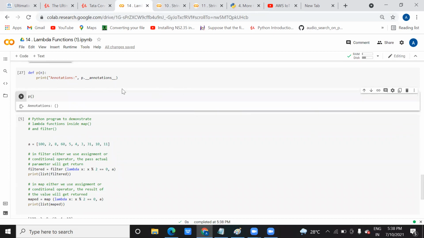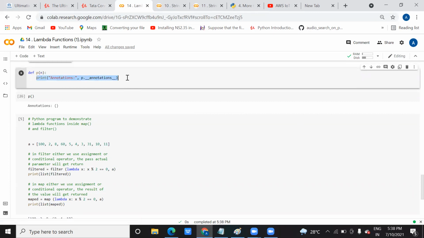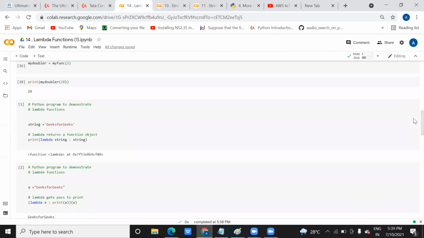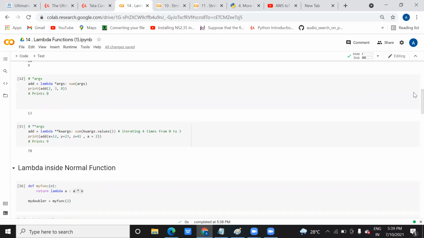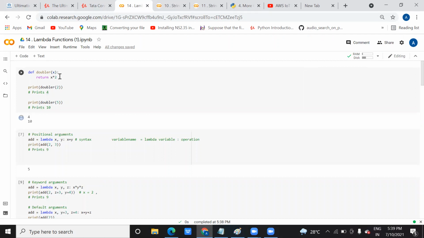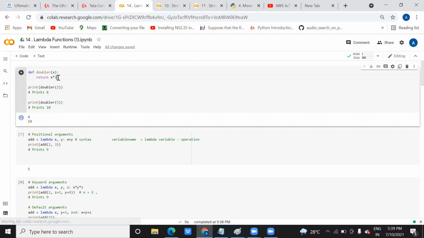Let me try this with another function. One minute. I'm just checking whether it is working while calling.